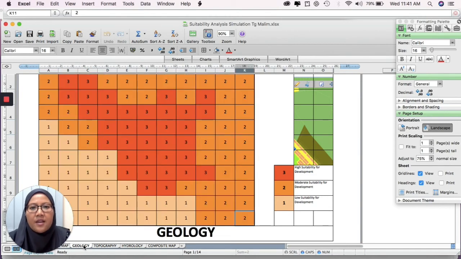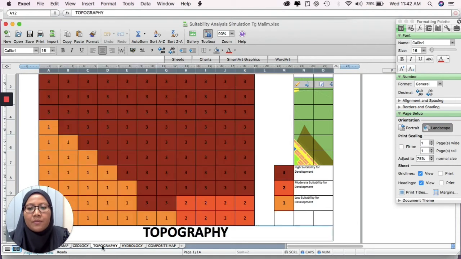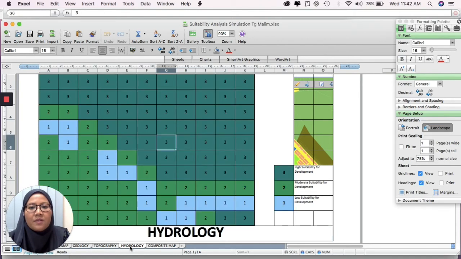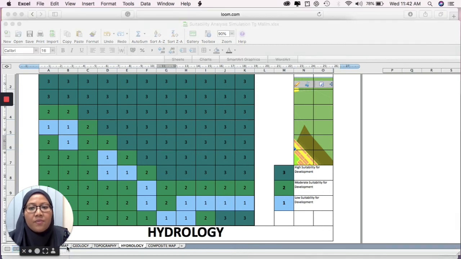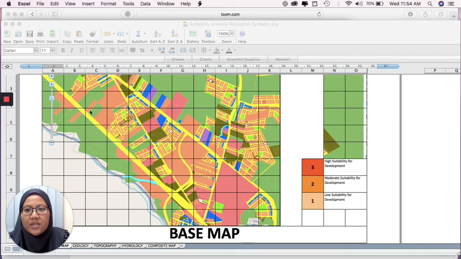Okay, so this is an example of a map that has been given scores and also color gradient to indicate the areas which has the lowest suitability, moderate, and high suitability according to its geologic character. And this one is for topography. And this one is for hydrology. As you can see, the patterns are different because in hydrology, the areas in the light blue here is actually the location where the river is, as we can see back in the base map. On the base map here, you can see the location of the river, which is reflected on the evaluation of